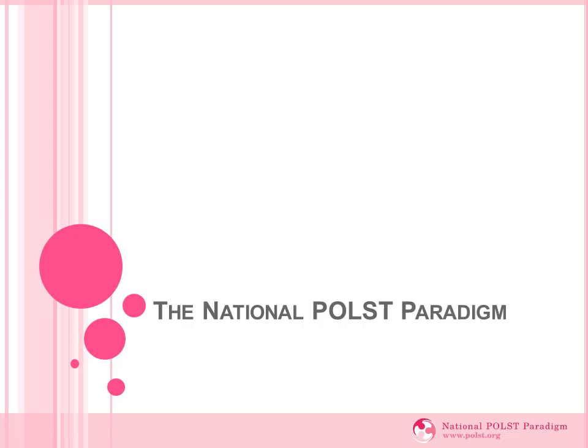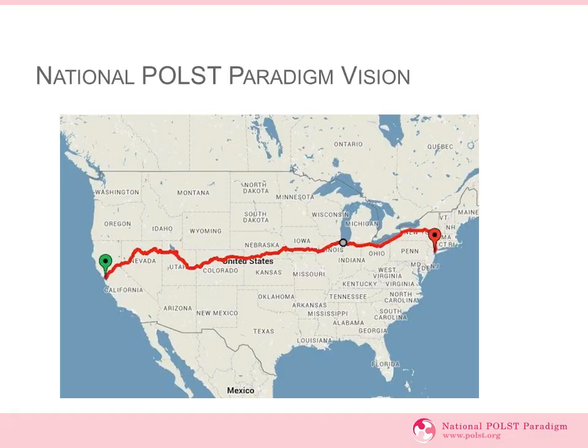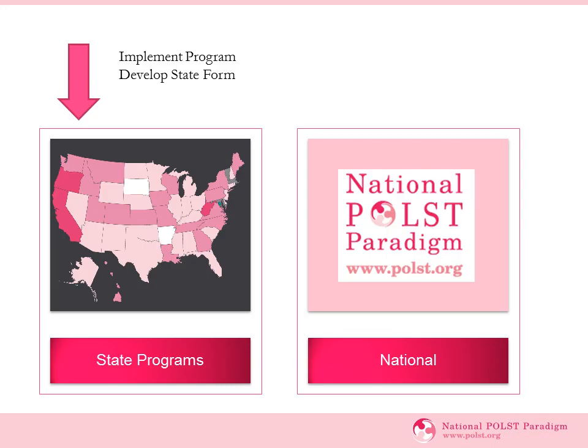The national POLST paradigm has a vision that someone can get a POLST in one state and be able to travel anywhere in the United States, knowing that their form can be honored wherever they are during a medical emergency. This is only possible if all states adopt the same standards and form or have forms that are similar enough. The structure we have supports this. We provide help with developing and implementation at the state level, while each state builds its own coalition to implement the POLST paradigm and develop their own program through a grassroots approach or through legislation or regulation. Approaches do vary.